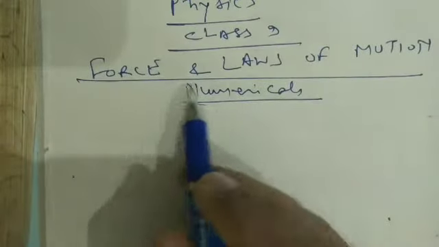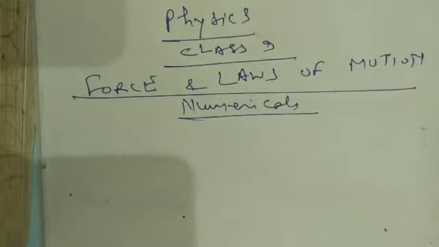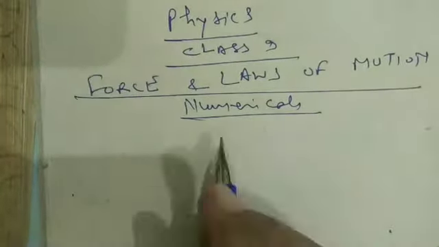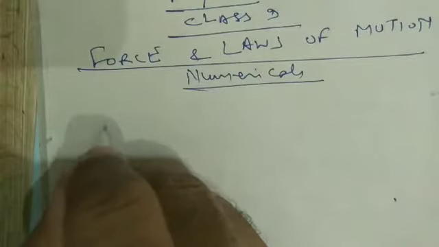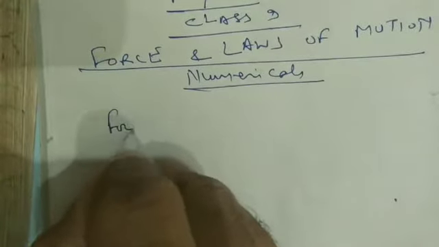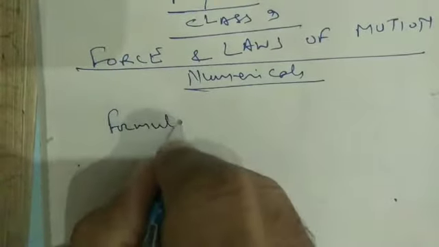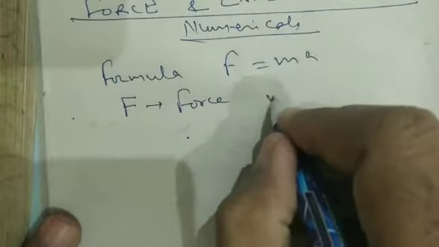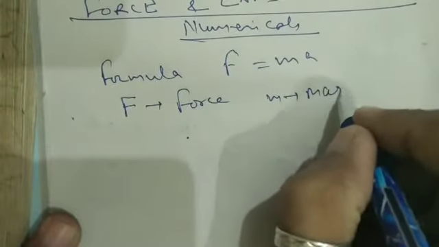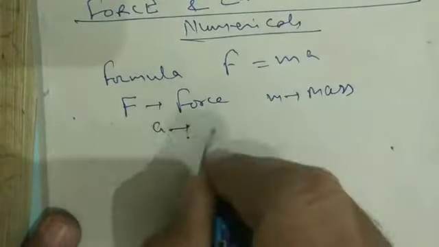You are studying right now force and laws of motion, where you know about the first law, second law and third law. And students, you have the numericals on the second law of motion, from where you get the formula F equal to m into a, where F is the force applied on the object, m is the mass and a is the acceleration